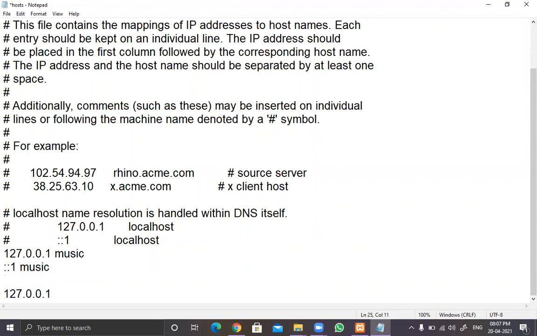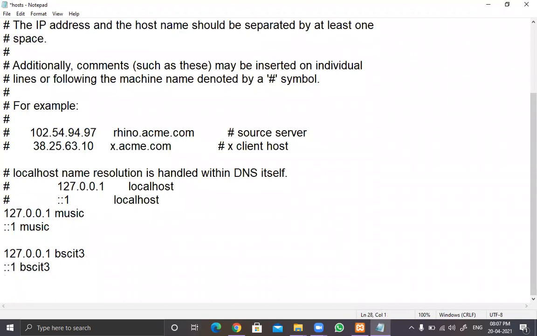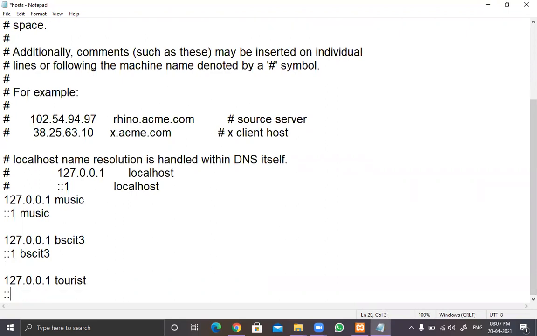127.0.0.1, let's say BSc IT 3. I need to have another portal called BSc IT 3, so I'll be mapping it by using this technique, BSc IT 3. If I have some other project for e-commerce, let's say for tourism, maybe 127.0.0.1 tourist, ::1 tourist. So after making all these entries, you need to save this file